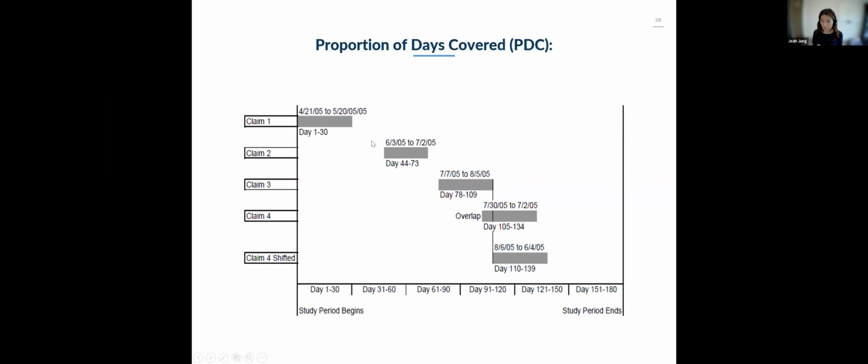And that's the concept of PDC, and you can download the program online. I downloaded the SAS code, just by googling PDC SAS code, and that actual program calculates this PDC. That's the difference. And I can see that when I started this drug research probably 15 years ago, I used only MPR, but I can see increasingly people are using PDC because of this.